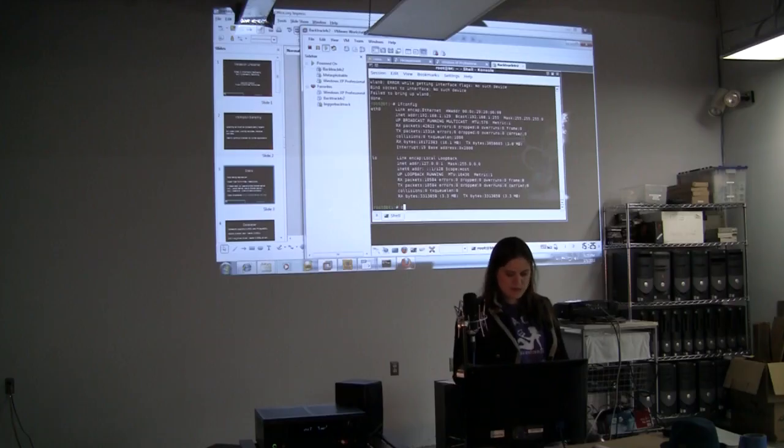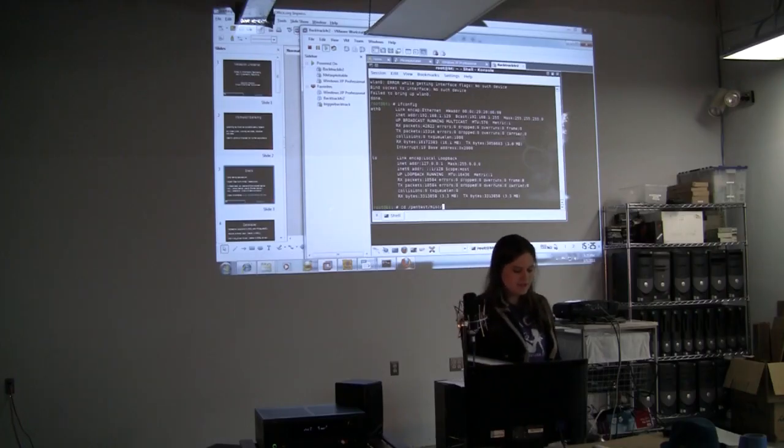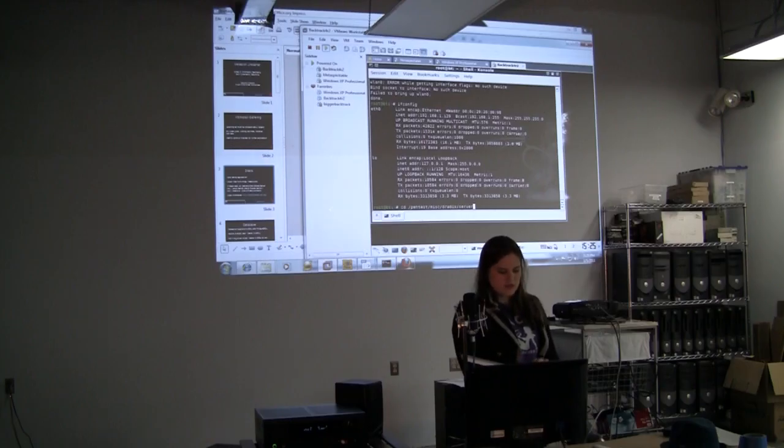Then I want to change directory to our special Backtrack directory, pentest, miscellaneous, the short way, so misc, then dradis, then server, and script.